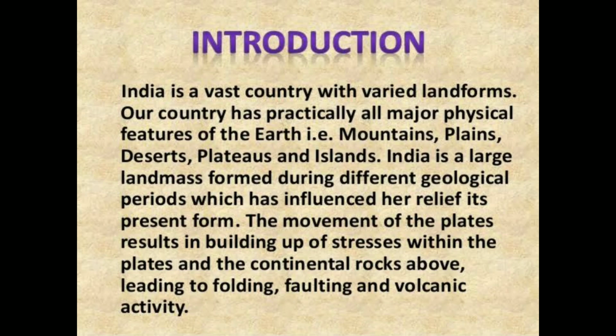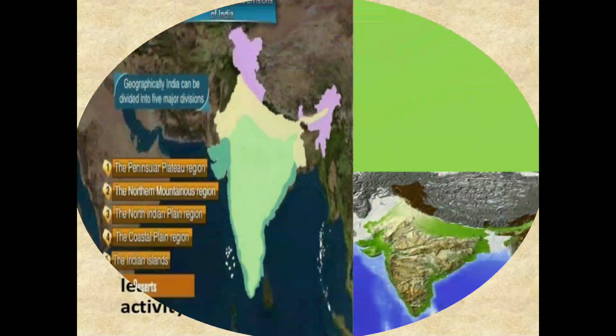Okay, that means we don't have to create boundaries on our own. Yes, from the northern side we have to create our boundaries, but from the southern, eastern and western sides we don't need to create any artificial boundary, because we have natural boundaries. What are those natural boundaries? Bay of Bengal, Arabian Sea, Indian Ocean, and we have our mighty mountain range, the Himalayas. Okay, now let's study the physical divisions.